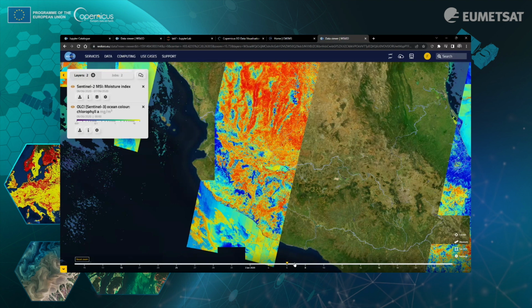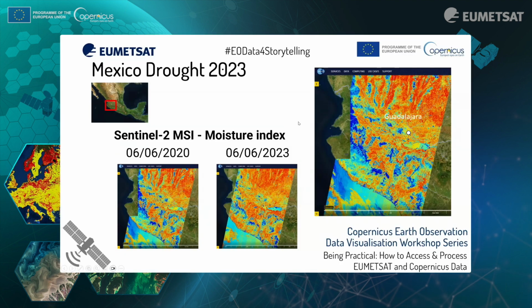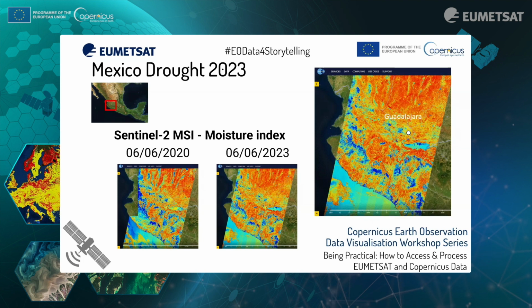Okay, and the idea is to download the 2 images, and try to build something with PowerPoint. You can create a quick animation with these 2 images. So back to the presentation. Okay, so I have the 2 images, and now I have this animation, and I can compare. And effectively, there is a big difference between 2020 and 2023. So I can illustrate this news, for example.